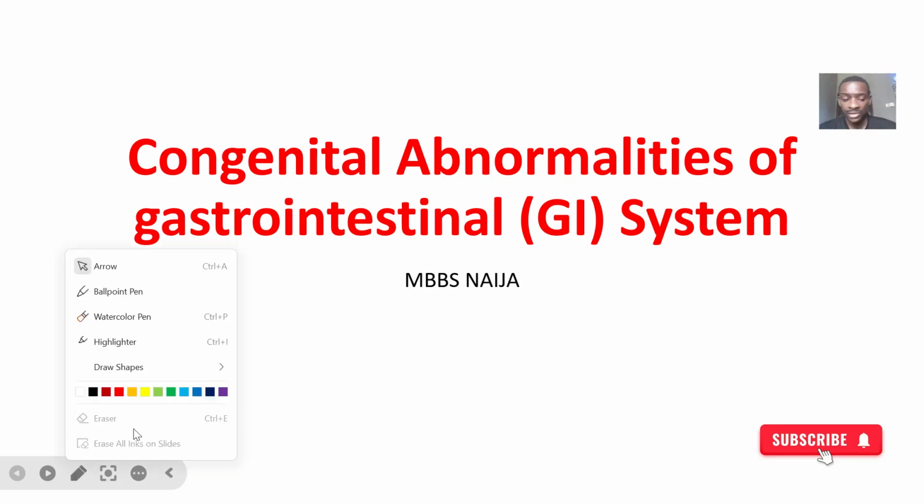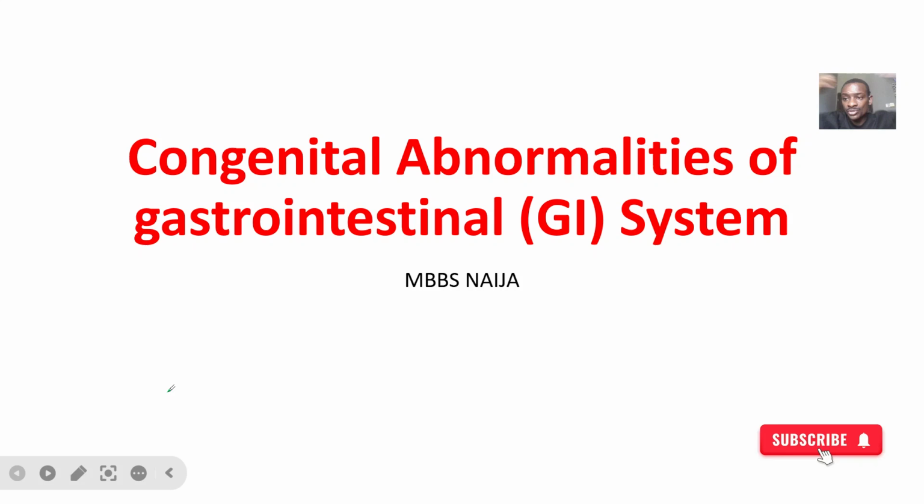Alright, so we're trying to move to the next category or classification of abnormalities in the gastrointestinal system, and this is the congenital abnormalities of the gastrointestinal system. For the congenital abnormalities of the gastrointestinal system, I'm basically trying to look at